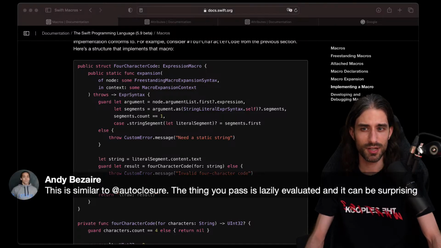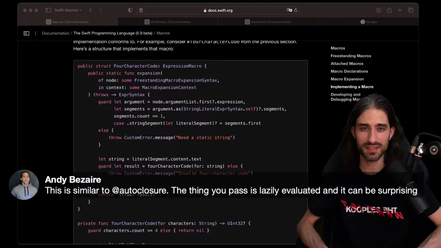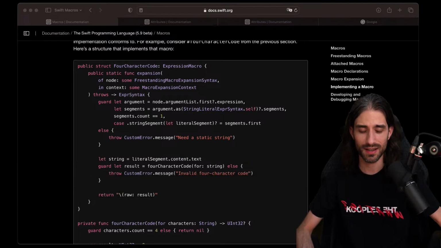And you were saying this is similar to autoclosure. The thing you pass is lazily evaluated, and it can be surprising. That's true. But there is one key difference: with autoclosure, indeed, you would get the lazy behavior, but you were not able to introspect the content of the closure. And here it's different because you get the full expression, and you can introspect it. You can walk through